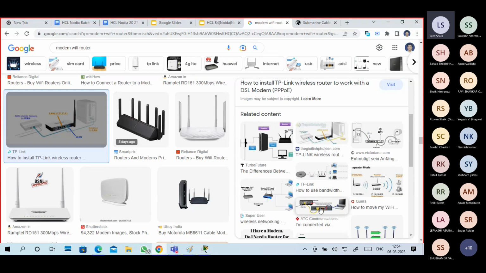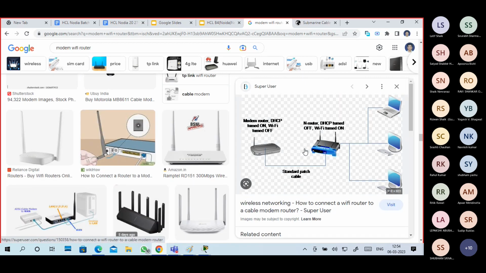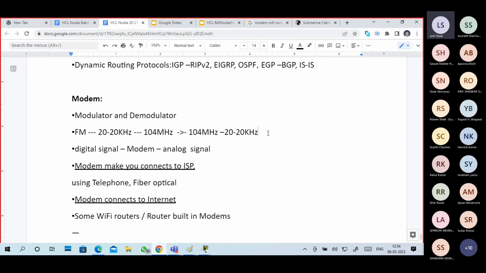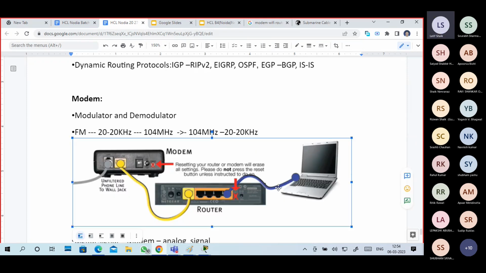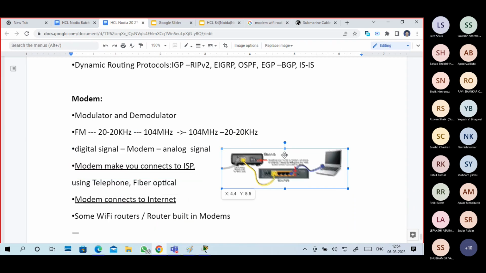You can try all these pictures so you will understand somewhat. See, it is a modem, it is a router, and we are connecting. It's not exactly correct for this purpose, but for understanding, we'll try.